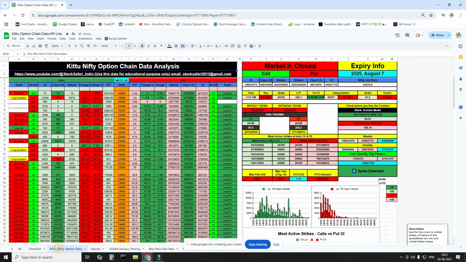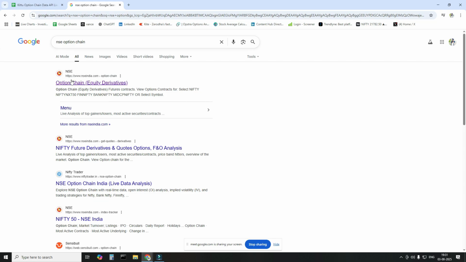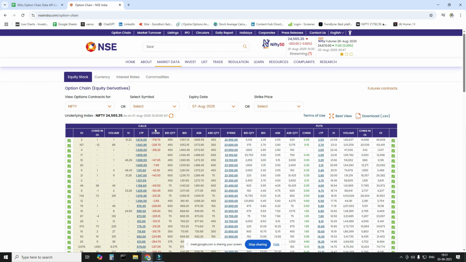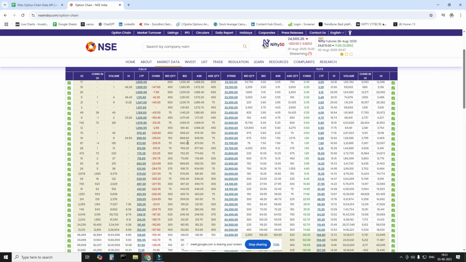So if you see this Nifty option chain analysis, on the left side we have the calls and on the right the puts information shown. Generally, if you refer to any option chain in the market, the process would be the same. Let me go to this NSE option chain. This is the default interface of the option chain provided by NSE, and there are a few other platforms which show you some great information about option chain analysis. But the beauty of our website is, if you see this here,